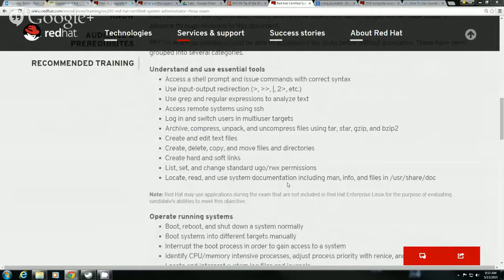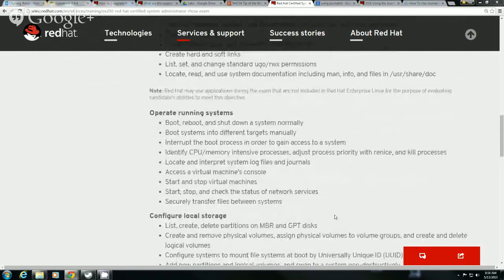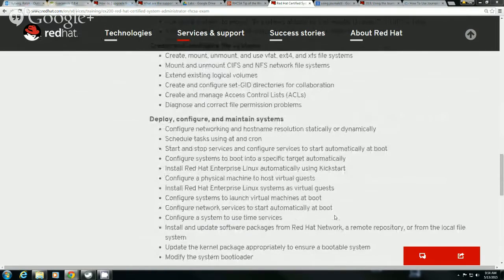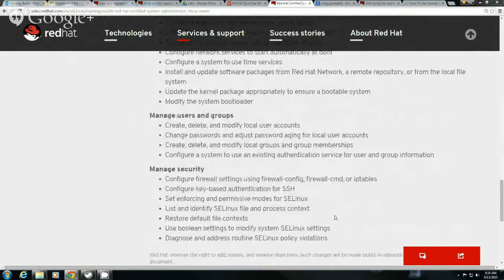Now, what I like to do is just break this down into a punch list and go one by one. Do I know how to do that? And if I don't, I teach myself how to do that and make sure that I'm comfortable doing that without any assistance from anything other than what I have on the local system before I go in to sit the exam. Now, today, I would like to talk about, and let's scroll down here, under managing users and